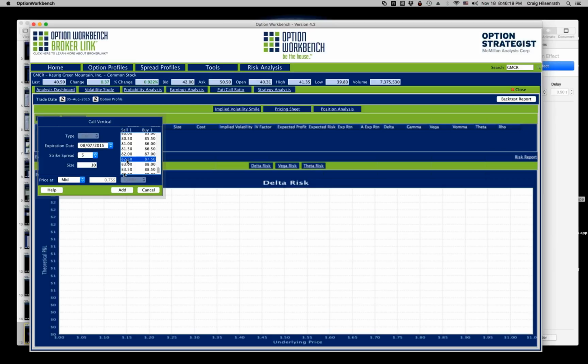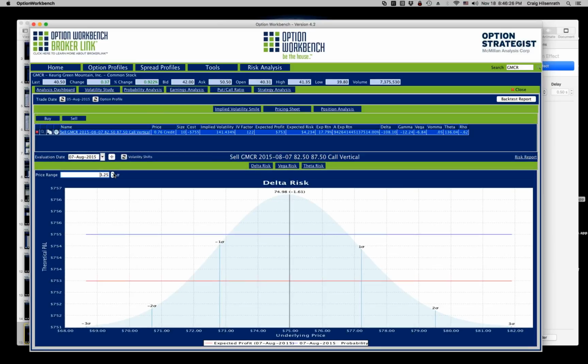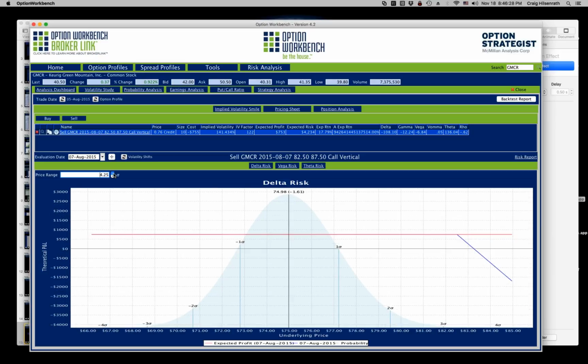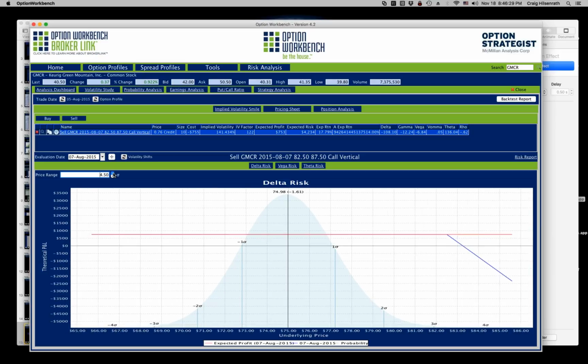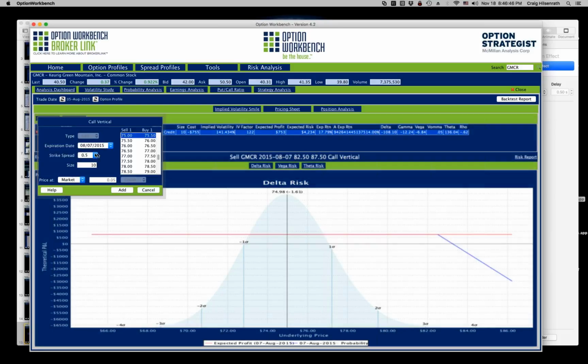And I'm thinking it's not going to make that much of a move. So I'll put that in there, and you can see that's way out of the money based on the 27 volatility. So I'll increase the size here, and this is the trade that I put on. But all right, since we're doing a new backtest, let's compare it to the 83, and just see what that's going to look like when we do the backtest.